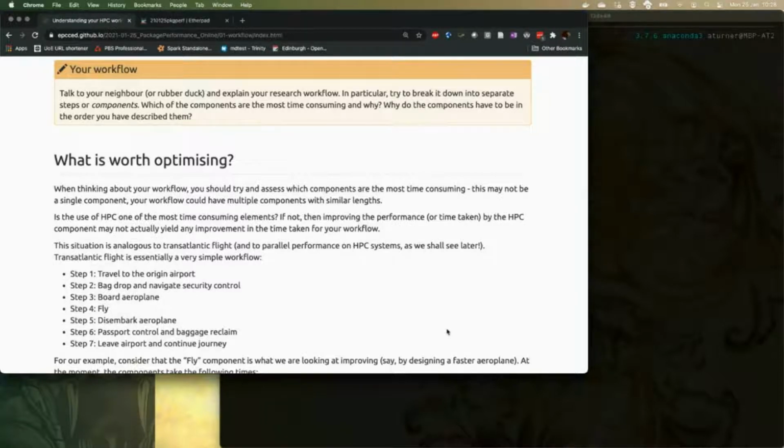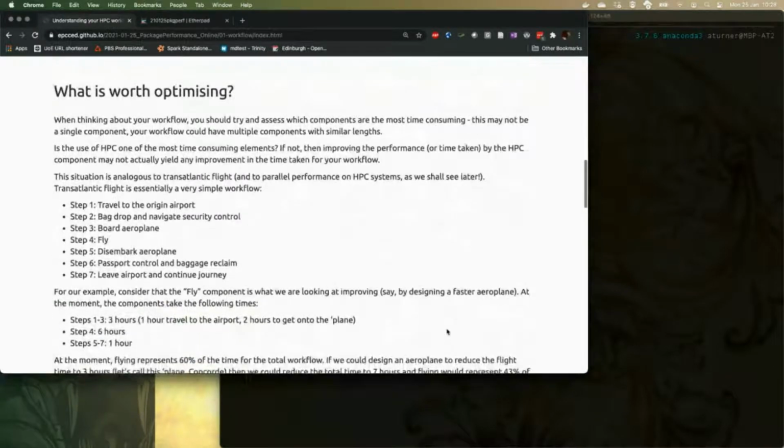Okay. And so in this step, let's consider, for example, that the flying component is the bit we're going to improve by designing a faster airplane, or paying for a faster airplane. At the moment, the components may take these sorts of time scales, right? So steps 1 to 3, which is getting to the airport and getting to the stage of being on the airplane, takes maybe 3 hours, can take longer sometimes. Step 4, which is the actual transatlantic flight, might be 6 hours. And the final steps of getting off the airplane and continuing a journey may take an hour,